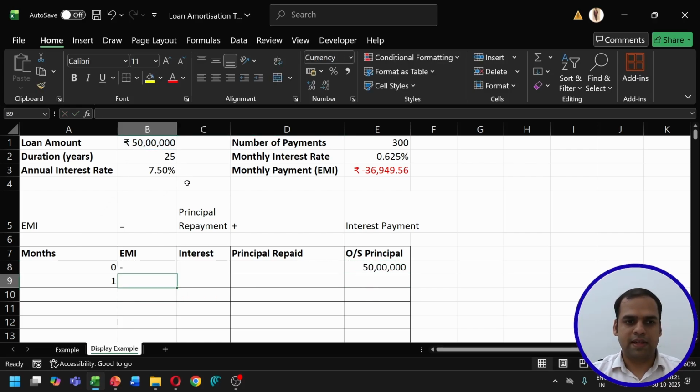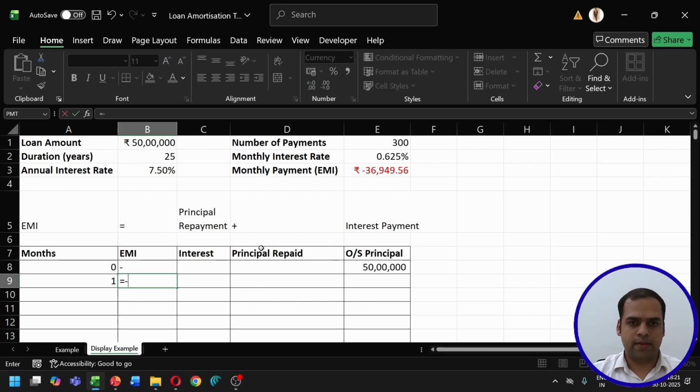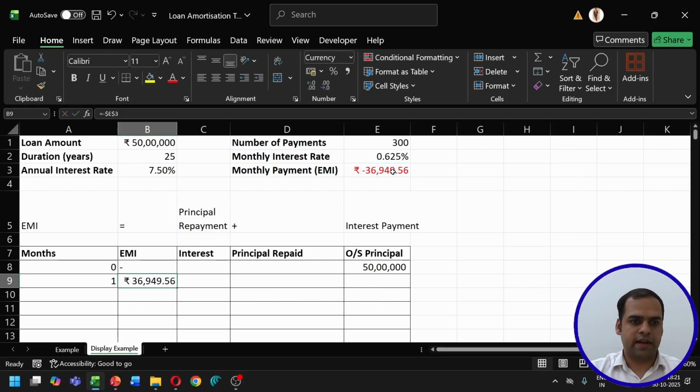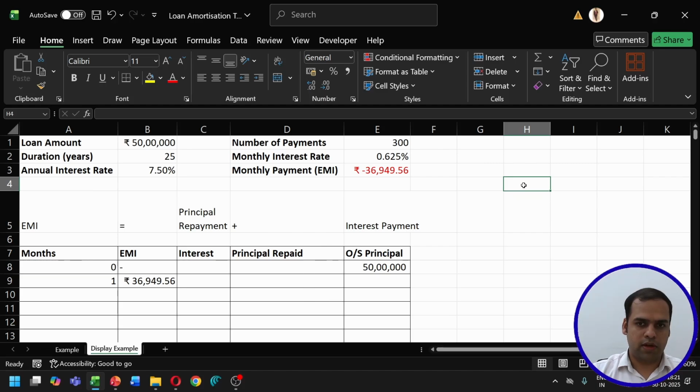Now the monthly EMI we will be paying is 36,949 as we calculated. So I am just linking this cell, and I will be freezing this cell and pressing enter. So every month's EMI will be this amount. Now to calculate the interest payment of this EMI, we will be using the simple interest formula,